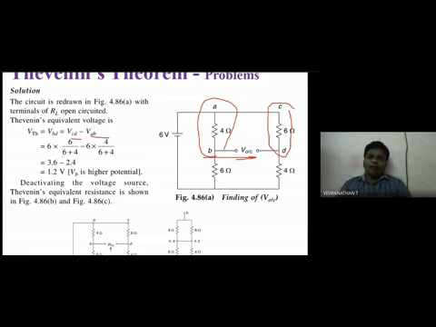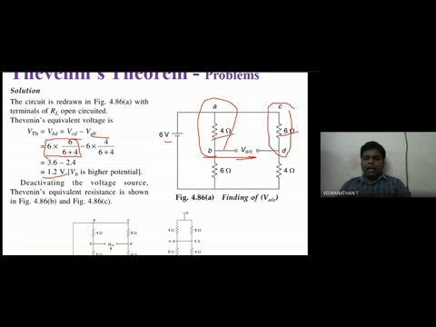Now, some of you may be confused with series and parallel, but actually, before they are connected with resistance, they are connected in parallel, but now they are connected in series. So that's why we are applying the voltage division rule. So here I am applying the voltage division rule. So total voltage 6 volts divided by 6 plus 6 divided by 10, minus 6 into 4 divided by 6 plus 4. So I'm getting 1.2 volts.